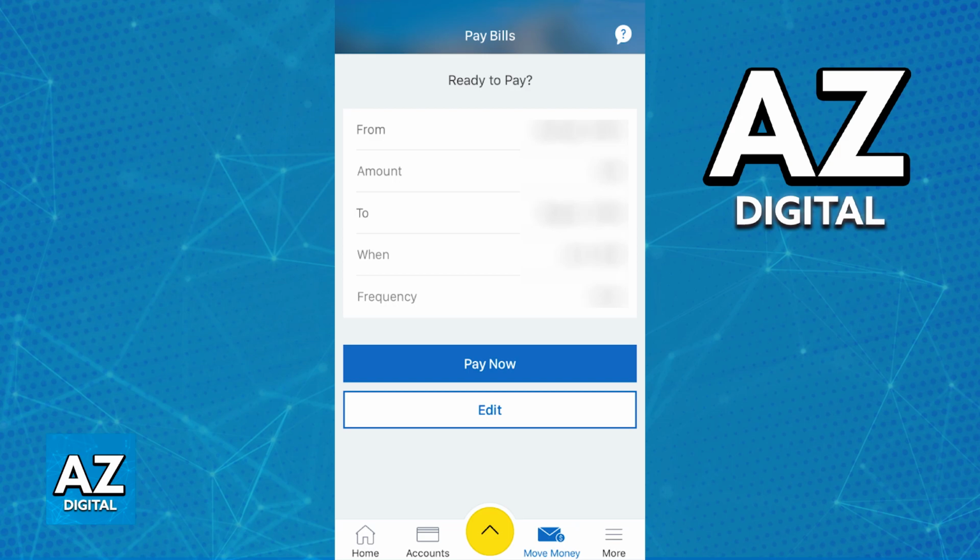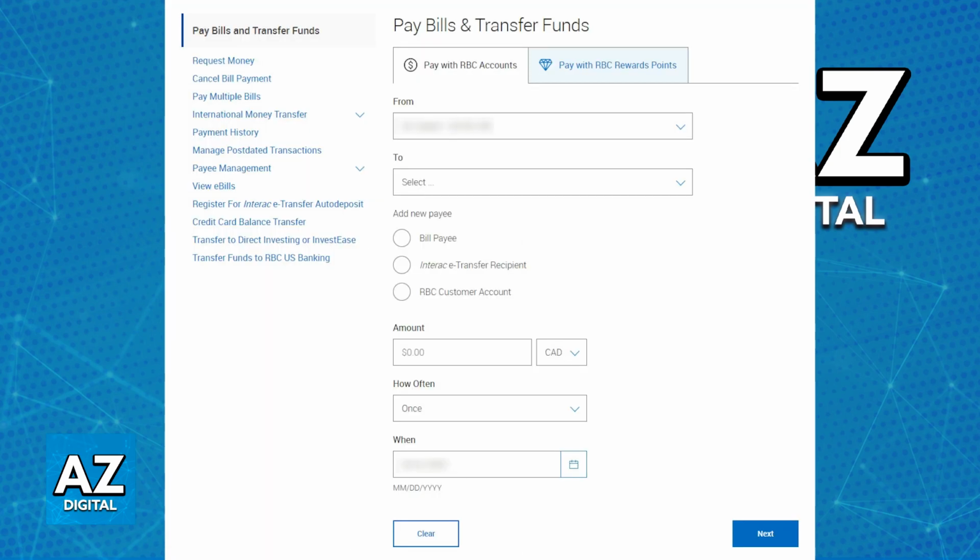Like I said, the process is extremely simple and you can do it through the latest version of the app with the methods that I just gave you or through the online banking section. If you want to do it on the website, all that you have to do is sign in and tap Add Payee in the Quick Payments and Transfers box. Since this process is much quicker, if you wish to do it on mobile, I won't be covering it too much on the online banking section, but it is easy to do it there as well.